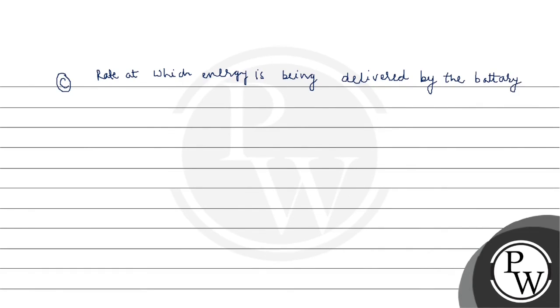So this is equals to d over dt of UB plus P thermal. This is the energy which is stored in the inductor, and this is the energy which is dissipated across the resistor. So its value is